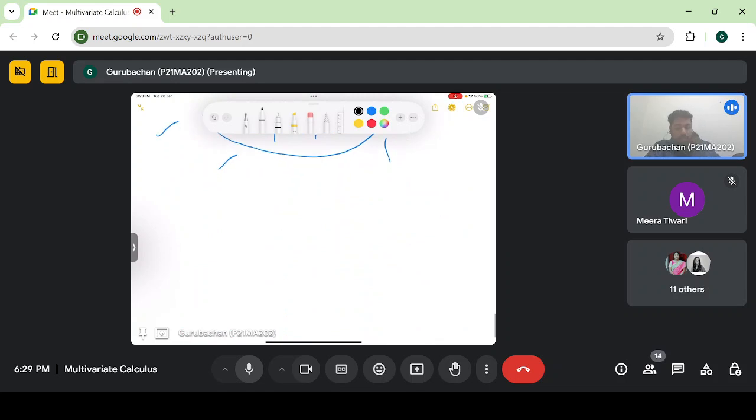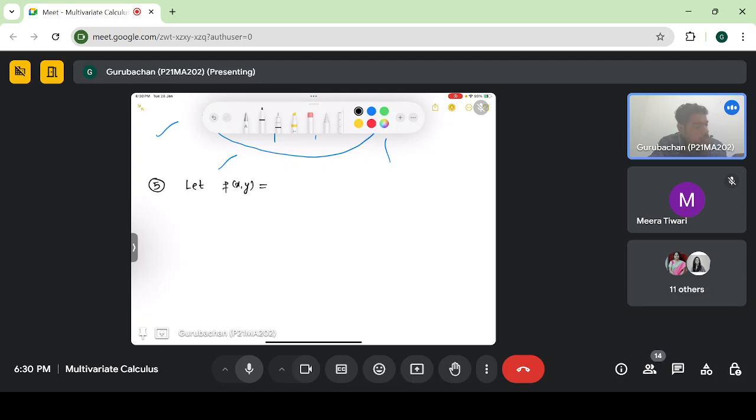Now let us move to the next question. We have learned the epsilon delta definition formally: when the limit exists, given an epsilon, we have to find a corresponding delta. Here I'm giving you a question in which, corresponding to epsilon, you have to find the corresponding delta. So let